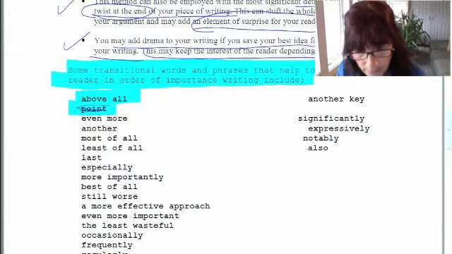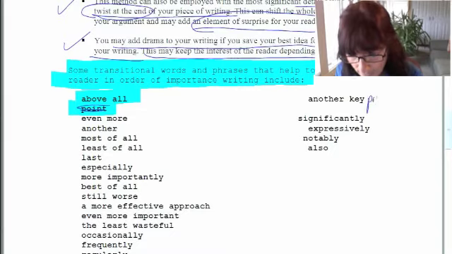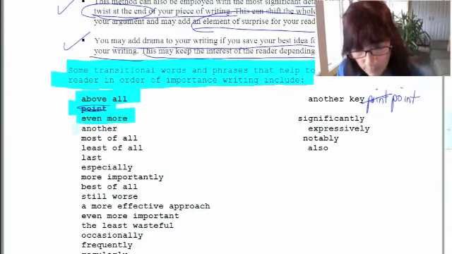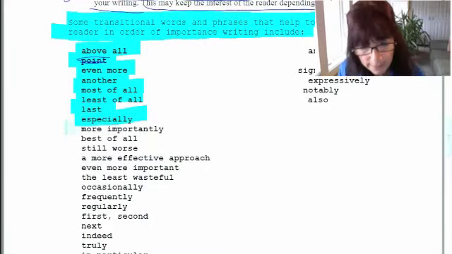You know what? Something's gone wrong here. I don't know what happened. It should be another key point. This shifted over. I apologize. Another key point. So another key point. Even more, another, most of all, least of all, last,